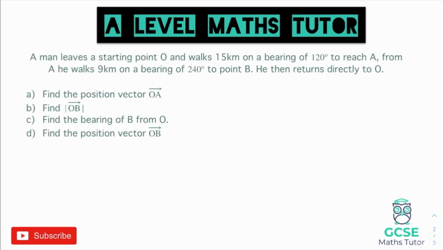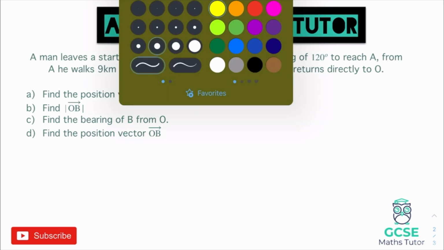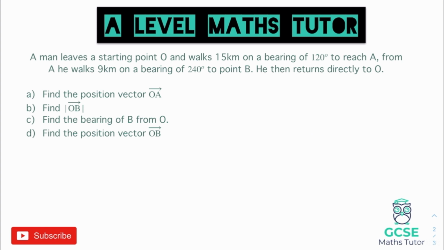Okay, so when it comes to modelling with vectors, the questions are quite in depth. Now some of the other questions that we've looked at are quite similar to this, but we're going to have to draw some bearing diagrams for this. So it says a man leaves a starting point O and walks 15 kilometres on a bearing of 120 degrees to reach A. So if we imagine that O is just over here by our question,